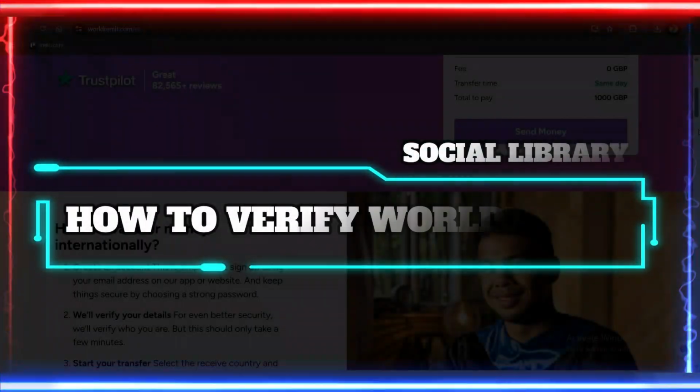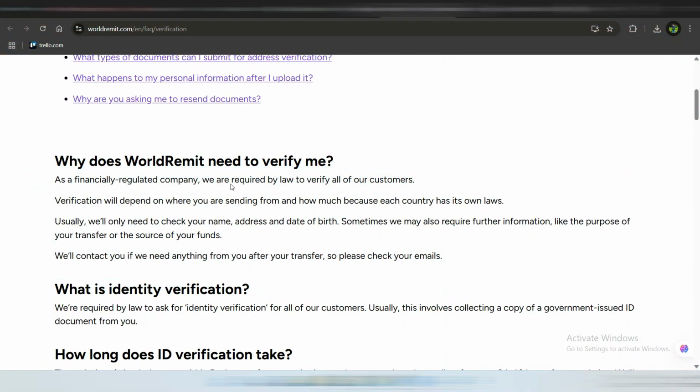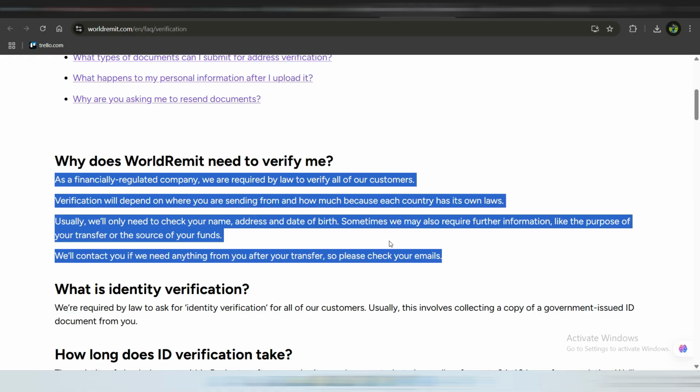Hey guys, welcome to this quick tutorial where we'll explain how you can verify your Worldremit account. So let's get started. Verifying your identity is a crucial step to comply with international regulations and protect your account